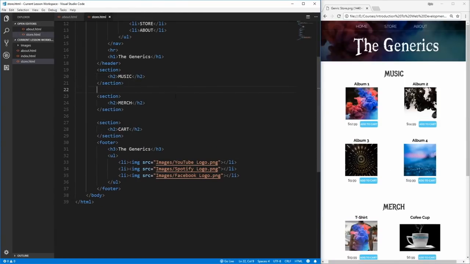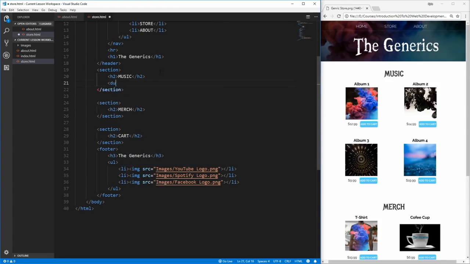Now let's take a look at the content inside of each of these sections. As you can see, the Music and Merch section both share the same template for its content, where it has an album or t-shirt or coffee cup, whatever is being sold, a picture of that, the price of it, and then a button to add it to the cart. So let's create these elements. We're going to want to wrap this entire element inside of a div element,